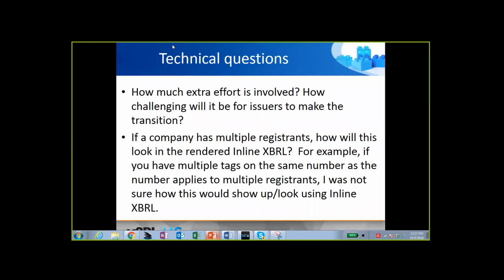Okay, thanks, Michelle. So the question to Walter and Mike is how much extra effort is involved in reporting in an inline XBRL format, and how challenging will it be for issuers to make that transition? Well, clearly it depends on their current state and the set of software and the processes that they're using now.